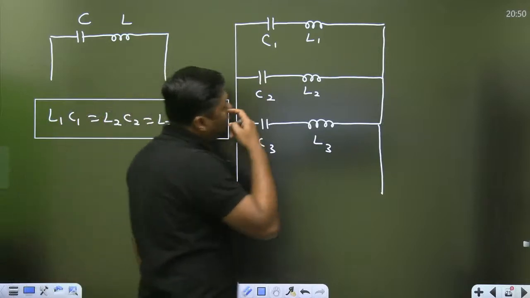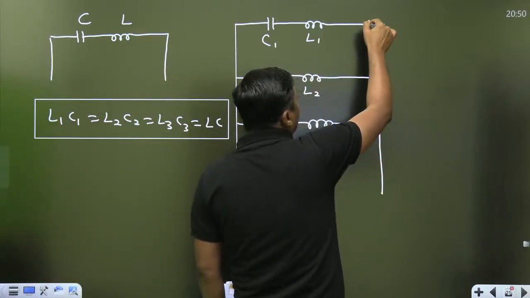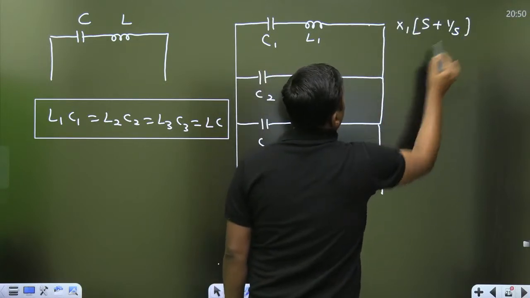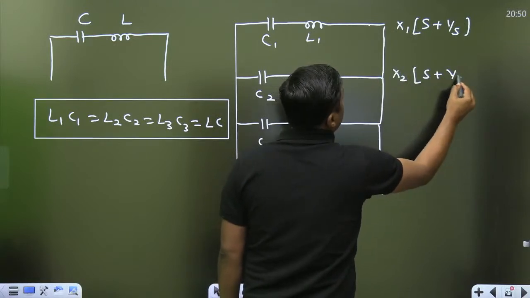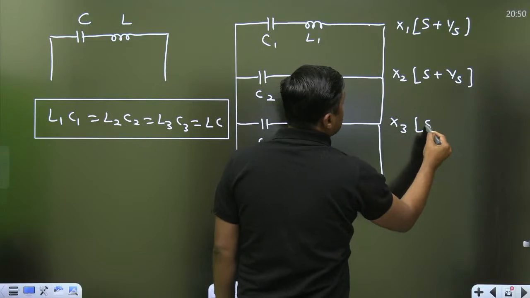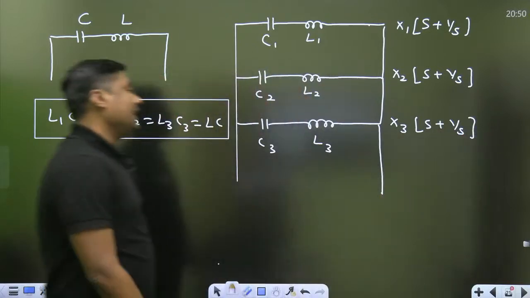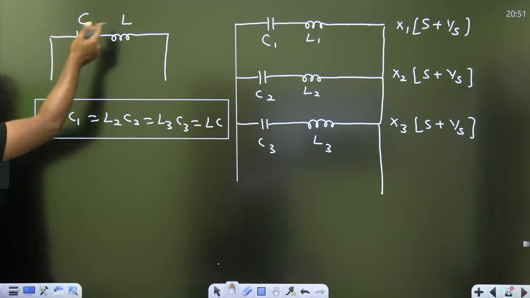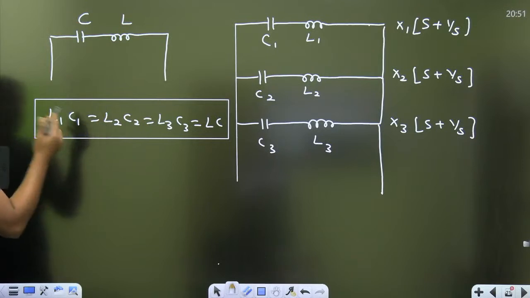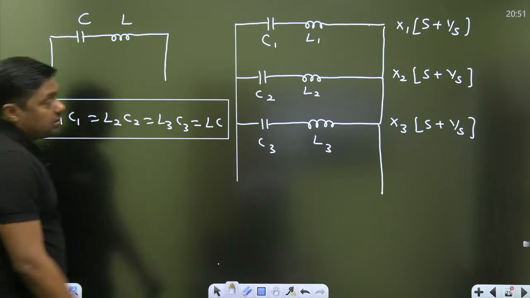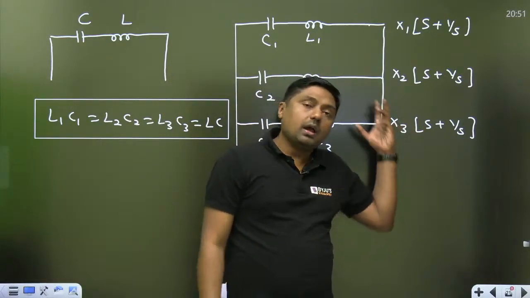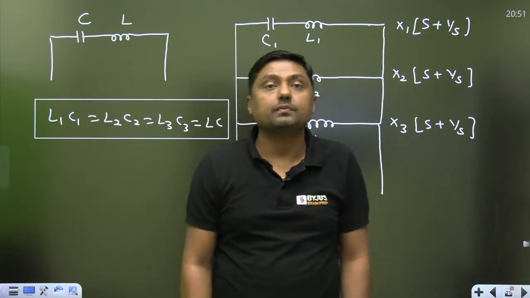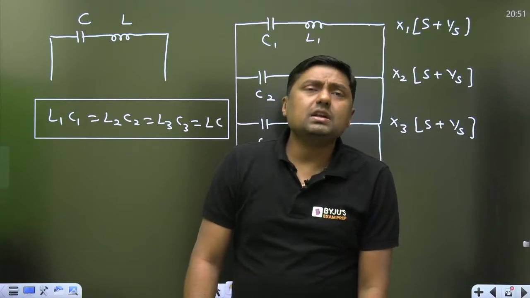So you have one unknown value. Here the parallel combination of these, always remember, has x1 S plus 1 by S, x2 S plus 1 by S, x3 S plus 1 by S, and that will be the value. Here you have values, for example 2 or 3, and then you can take S plus 1 by S as a common factor. Then simply apply the parallel combination of x1, x2 and x3, which should be equal to that. Compare these two and you will get the answer. That is a trick skill.